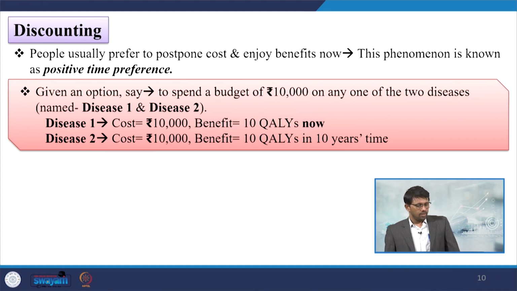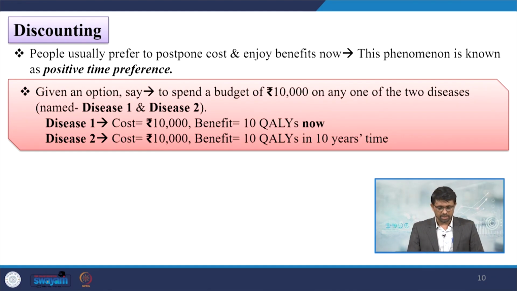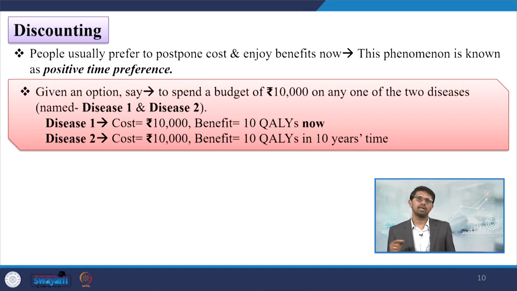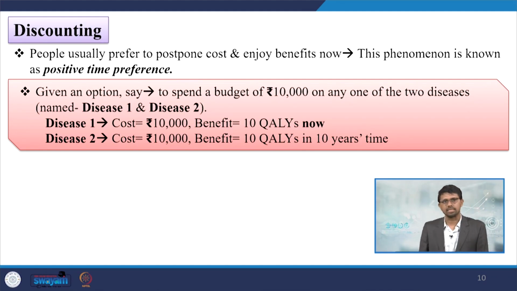Given an option, for example, we are just giving an arbitrary example at this moment, to spend a budget of rupees 10,000 on either of two diseases, namely disease 1 and disease 2. In one, let the cost be 10,000, and the benefit we are presenting over time and at the present time. In case A, that is the disease 1 case, the benefit is in terms of QALYs, which we have already discussed in our previous lecture. So, there are 10 QALYs now for disease 1, whereas in disease 2, the cost is 10,000,